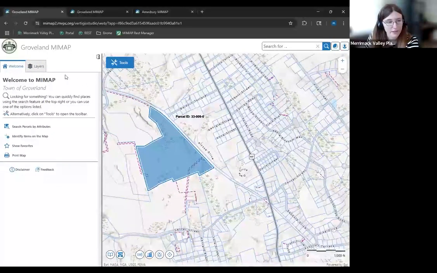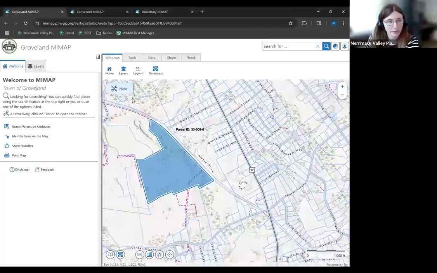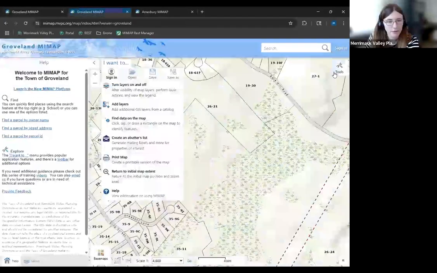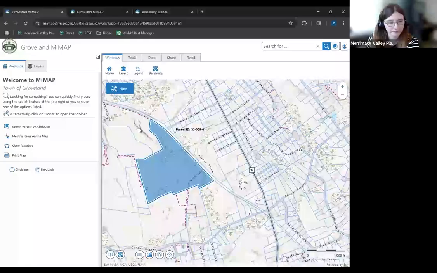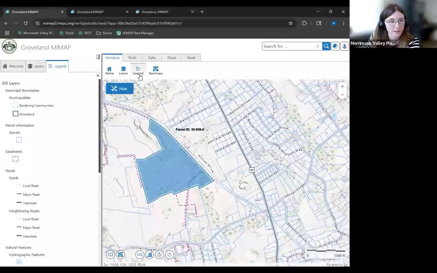You may have just noticed that I closed my legend there. If I ever want to reopen it, that's going to be in your tools menu. So your toolbar here is mirroring the tools from the original map, but it has a bit more functionality now. The first thing you see pop up here is your windows. This lets you open and close any of your windows on the left here in case you ever accidentally close them or you just close them temporarily and want them back open. So say I close my legend, I can click that to bring the legend back up.